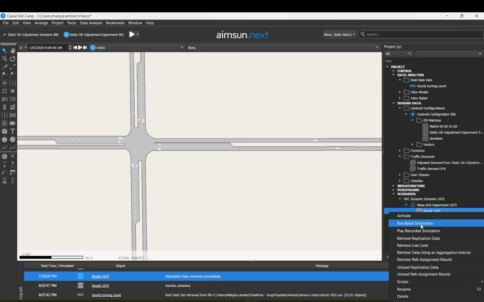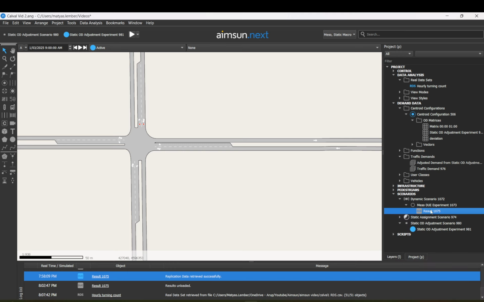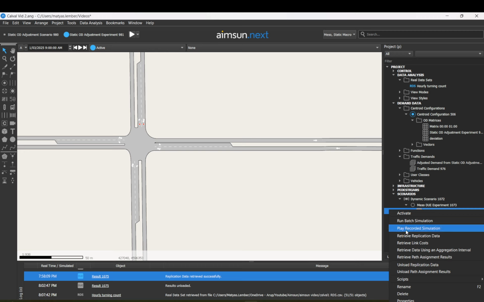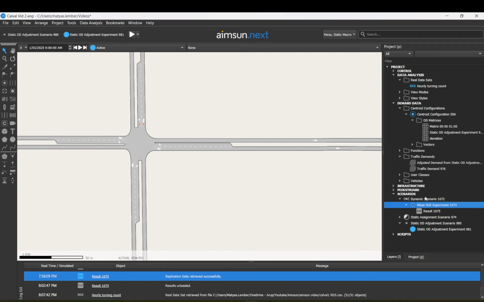It's a bit more complex, more data is taken into account, so obviously you can expect to have a bit more results or outputs. What you can do is right click on the experience or the run, this result, this run, and you can retrieve replication data. There are other things you can retrieve as well. And you can also, when you open the scenario,